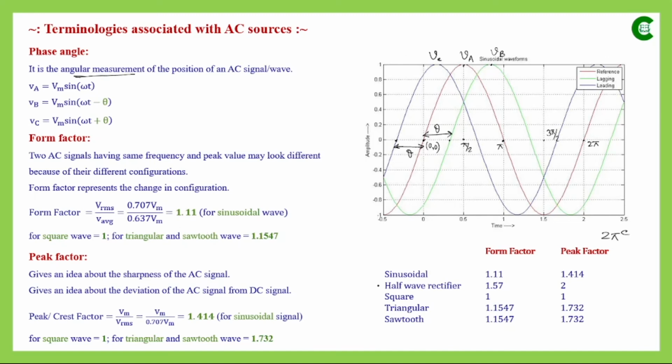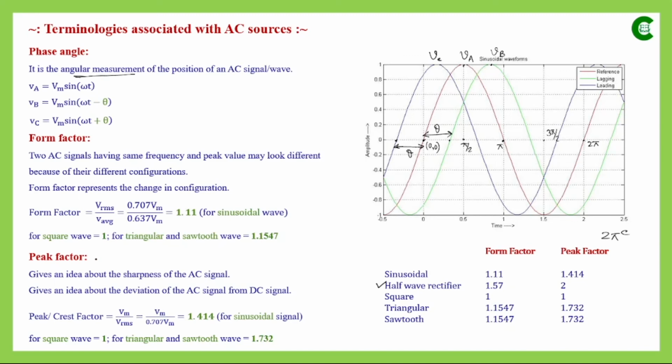For a half wave rectifier, the form factor is 1.57. For a square wave, it is 1. For triangular and sawtooth, it is 1.1547. In our next class, I will discuss more about triangular and square waves related to form factor and peak factor. Now, peak factor is the next terminology that we frequently come across in case of AC sources, and